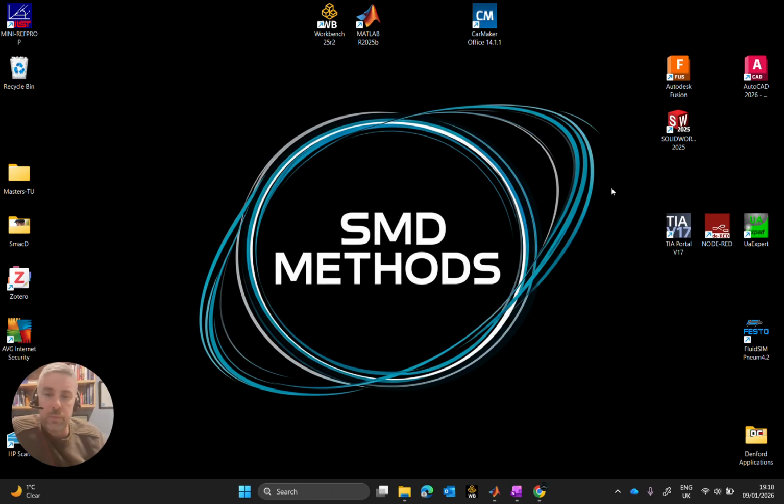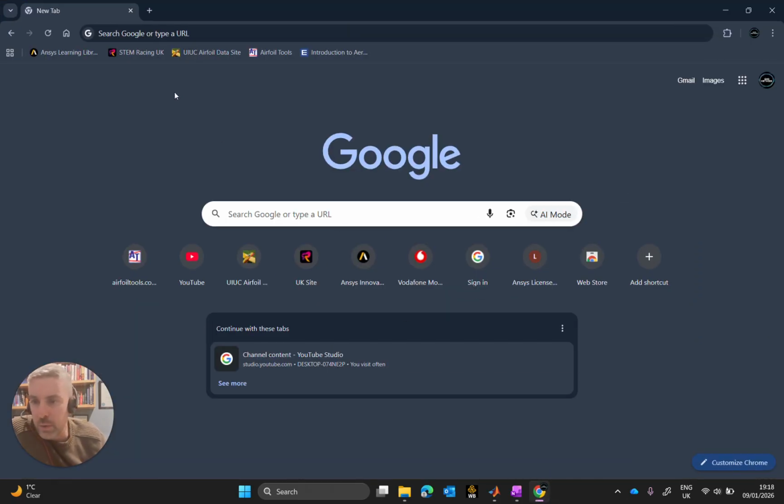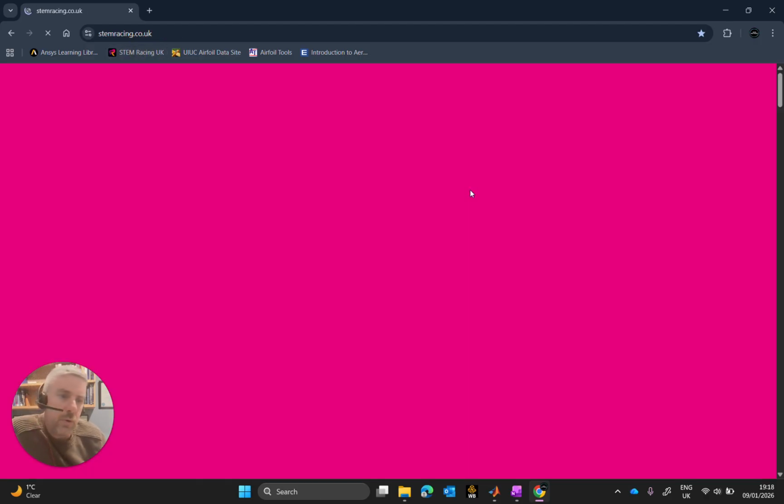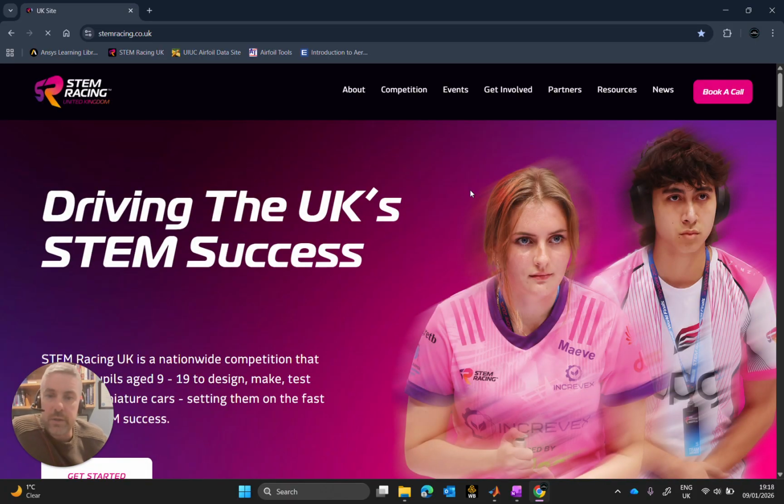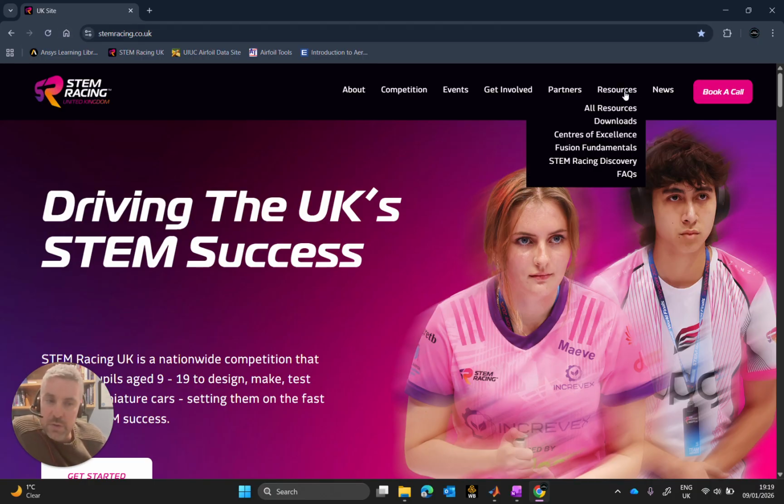So the front wing. Where do you start with this? Well, the place that you're always going to start is the STEM racing regulations. If you go to whatever jurisdiction you're operating in, us in the north of Ireland are racing in the UK STEM racing competition. If you go to that site, and generally if you go to the resources, and come into all resources for this site,